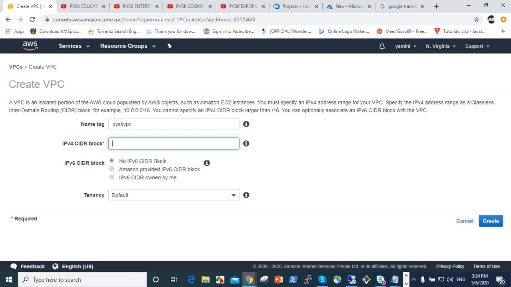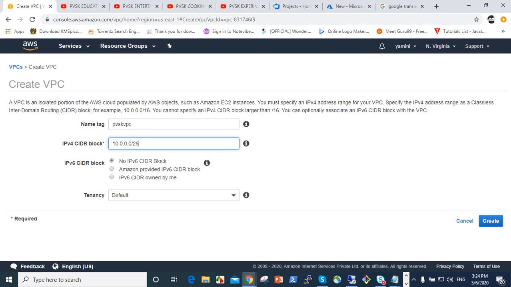Then go to the CIDR block: 10.0.0.0/26, because 2 power (32 minus 26), that is 2 power 6, gives 64 IP addresses. We use only 63, one is used for internal purposes.